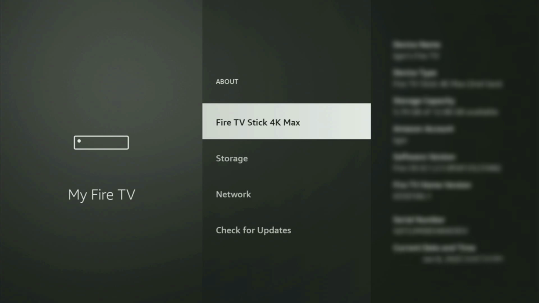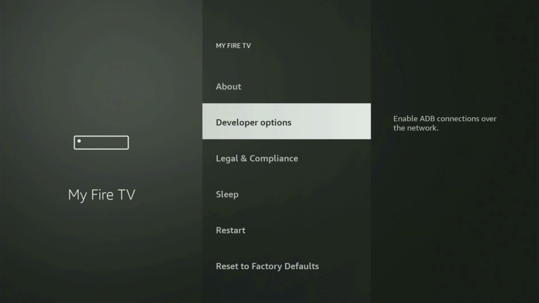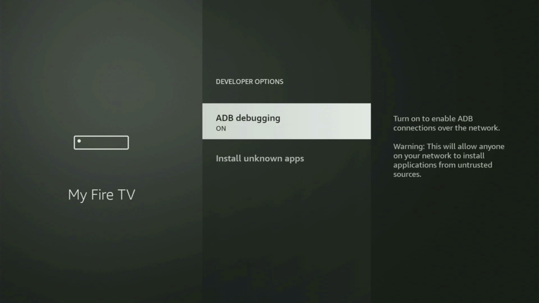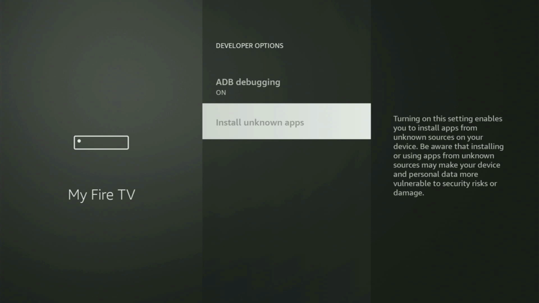So let's do it. And as you can see, now for me at the bottom it says no need, you are already a developer. That is in my case. And in your case, it's going to say that you have become a developer now. So if you go back a bit, you will finally see developer options, which have popped out for us right here. Open them, make sure to turn on the ADB debugging, then you gotta go to install unknown apps,